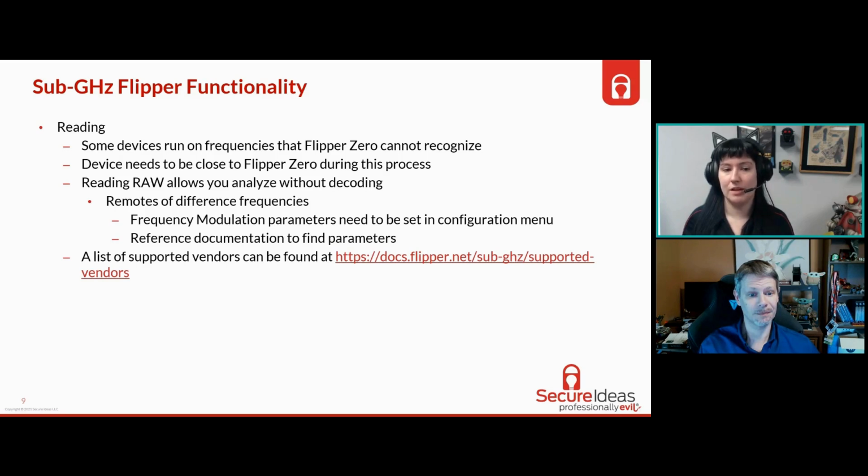Some devices will also run on frequencies that the Flipper Zero cannot recognize. If you go to the Flipper Zero documentation for the sub-gigahertz, they have a list of supported vendors. Those are the vendors that, if you're using it to analyze, your Flipper will most likely automatically detect what it is. But if you're trying to copy, for instance, a remote,